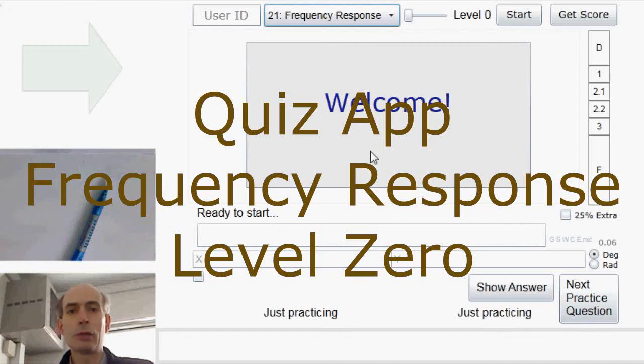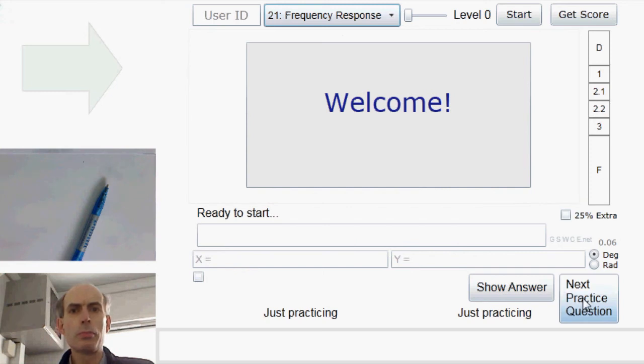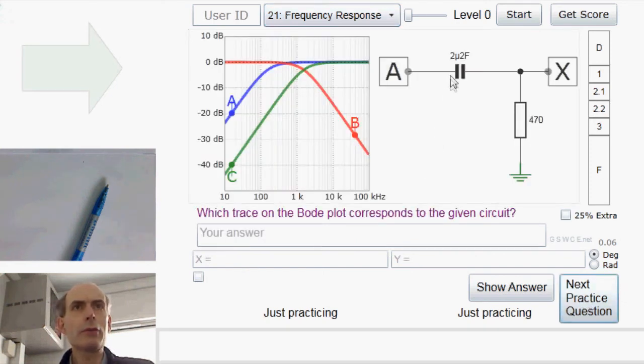Hello and welcome to level 0 of the frequency response questions. These should be fairly straightforward. Let's have a look. Here we have a capacitor connected between A and X and a resistor from X to